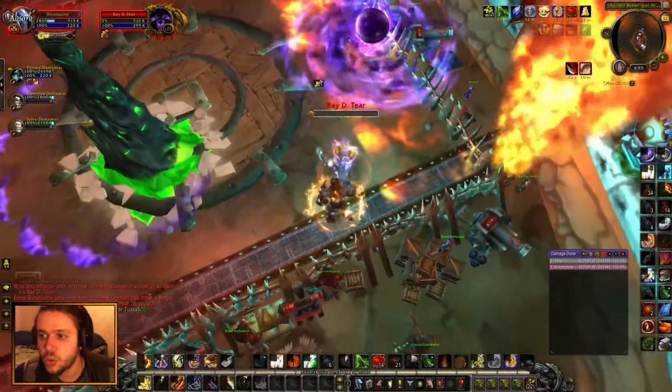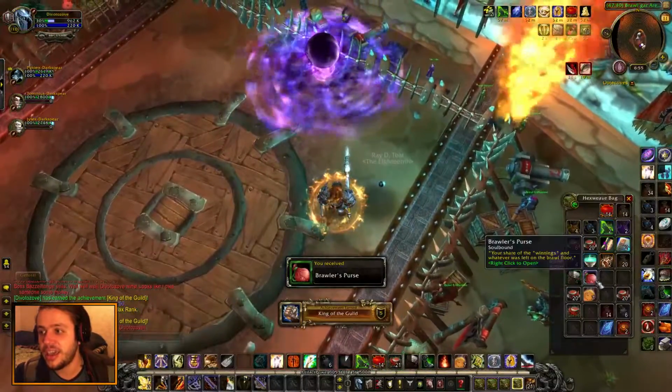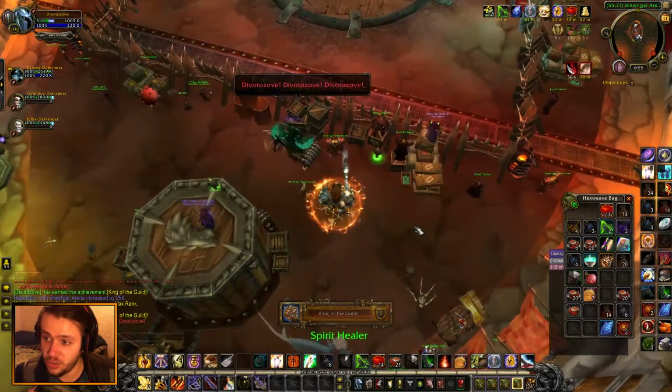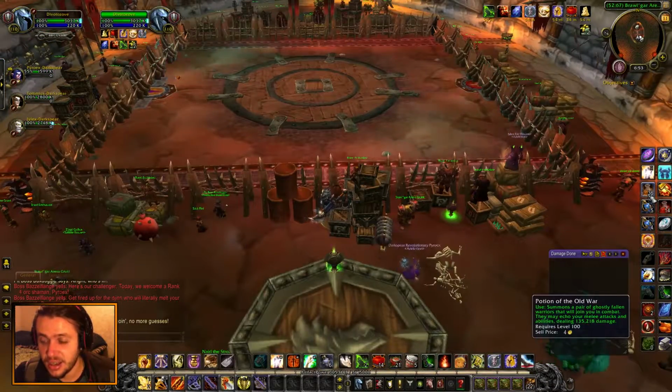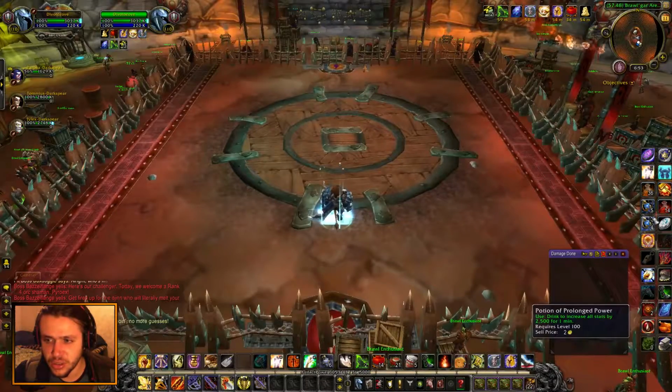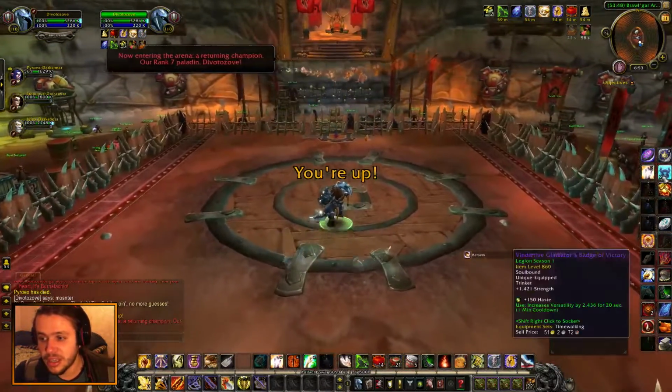Now Magtheridon, you want to save an interrupt for Magtheridon because he's going to spawn imps. And the last one is going to be Archimonde. You generally don't want to be getting that late into the fight because you can survive like 5 seconds into Archimonde, but then he's going to throw you